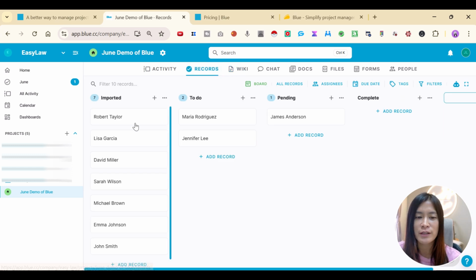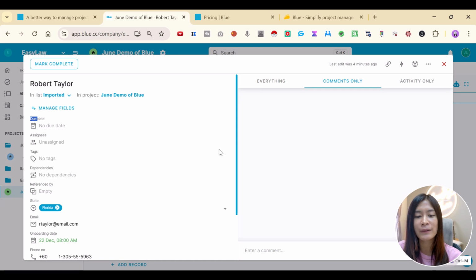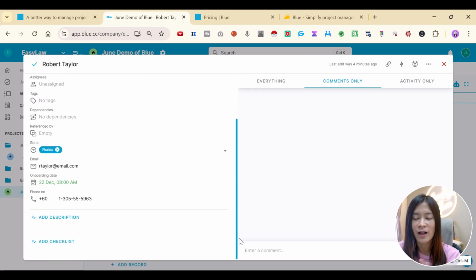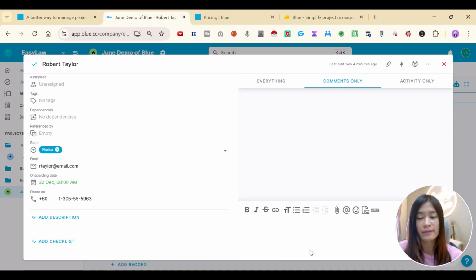Because you may want to be able to chat with your teammate regarding this particular record. When I double click it, this is where you're able to see the Trello view. You can add description, you can add checklist, very similar to Trello. You can also add reminder. Okay, you can chat and tag your teammates about here. And of course, you can also invite only specific teammates, and you can attach file, etc. And whenever you tag, I've done the testing, whenever you tag your teammates, they will actually receive an email